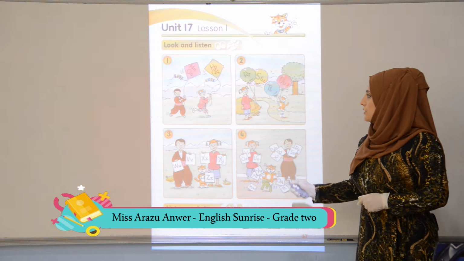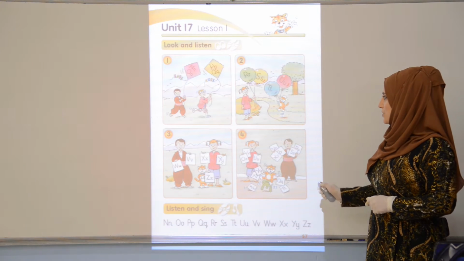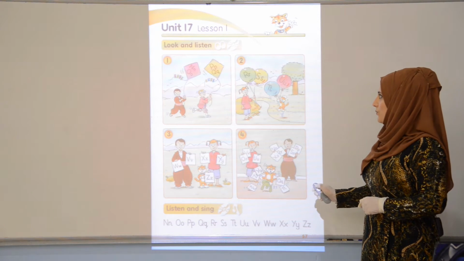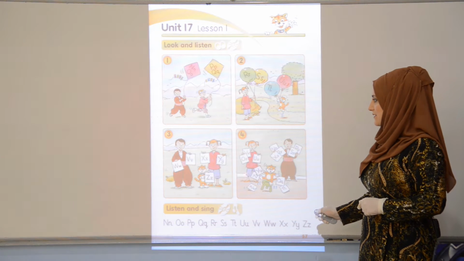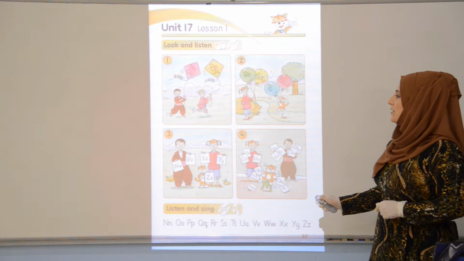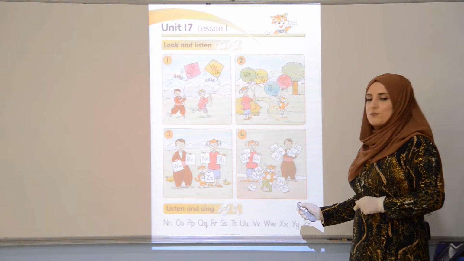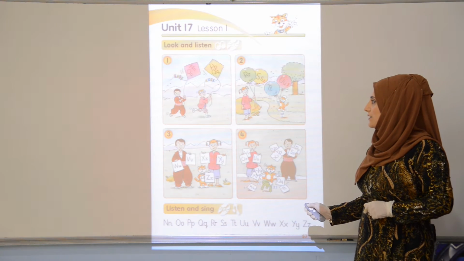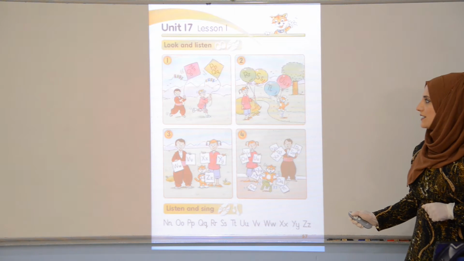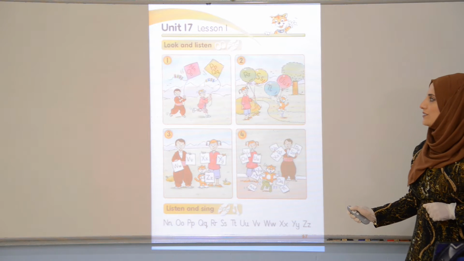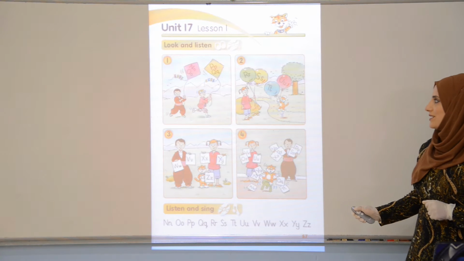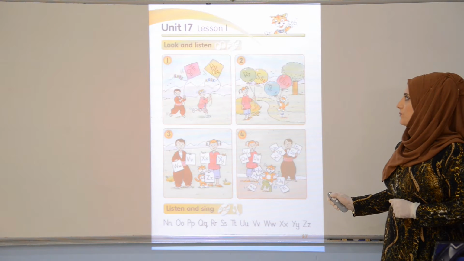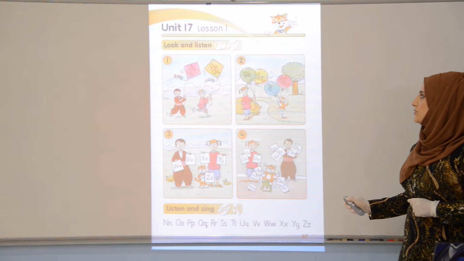Okay students, what do we have from these pictures, can you see? We have the letters, students, okay? Yes, look at Sam and Karen, they are playing with their kites. Karen says N for nut, O for orange, and Sam says P is for parrot and Q is